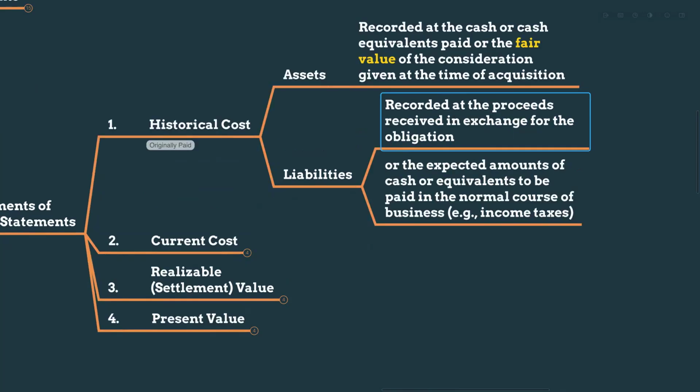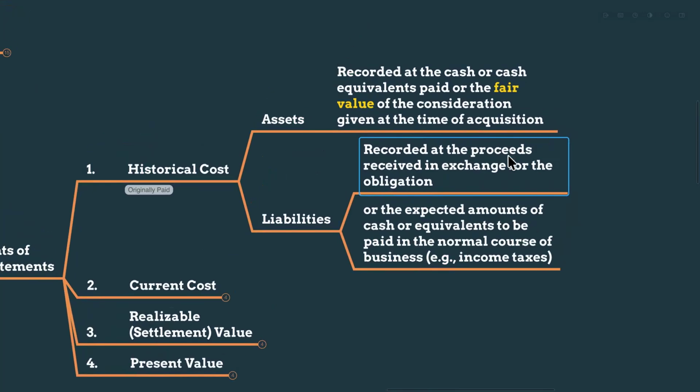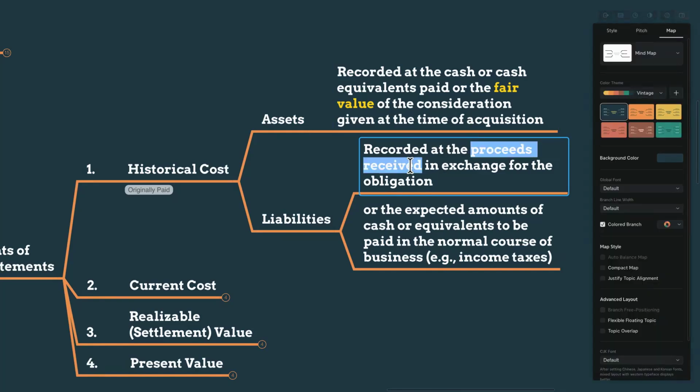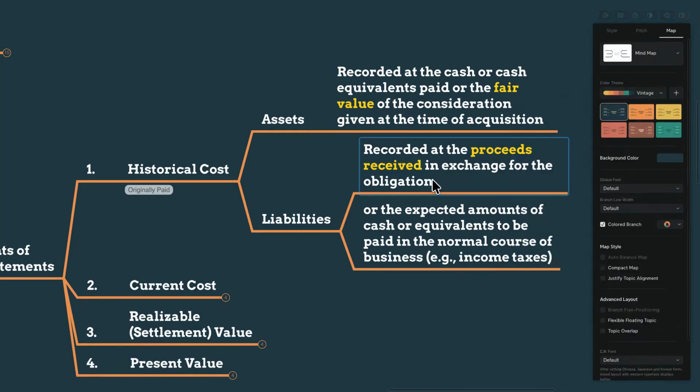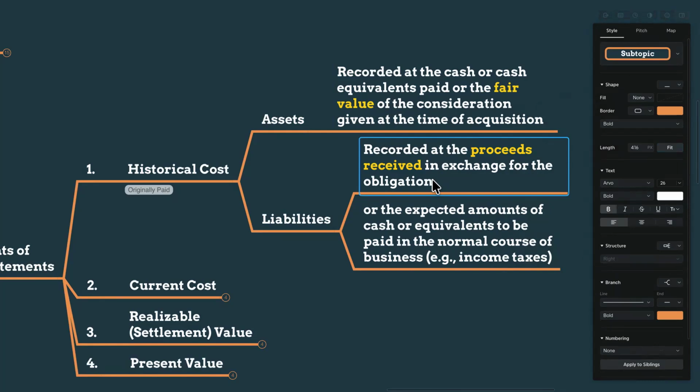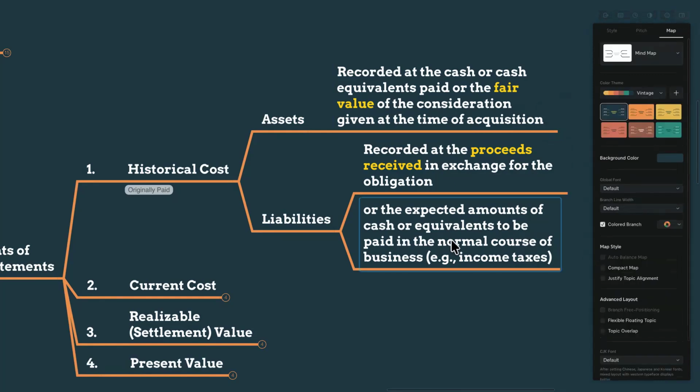Let me talk about liabilities. They are recorded at the proceeds received in exchange for the obligations. The proceeds means the cash you have received in exchange for the obligation. You take the obligation, you receive that money, and that value you will record. Let's say you obtained a 500,000 loan 5 years ago; it is still 500,000, because the money you actually received in exchange for the obligation is 500,000,